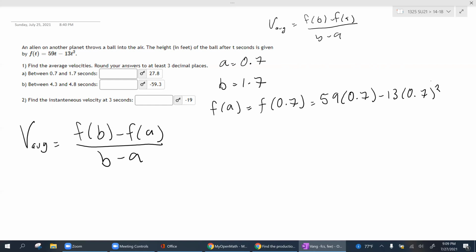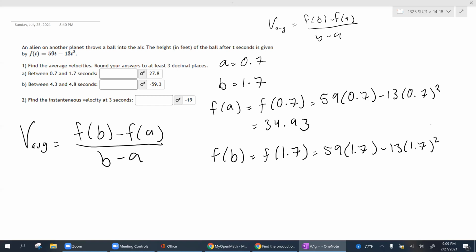I'm going to go ahead and plug that in. This here gives me 34.93. So you're going to go ahead and plug in the same thing for f of b. You're going to plug in b into your f function. Go ahead and plug that in. And I get,